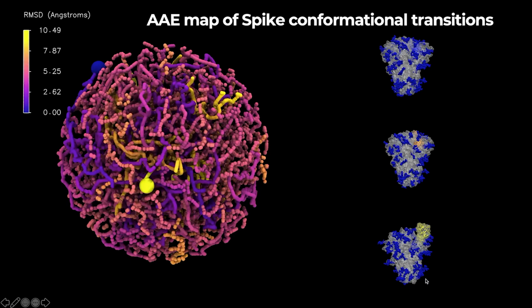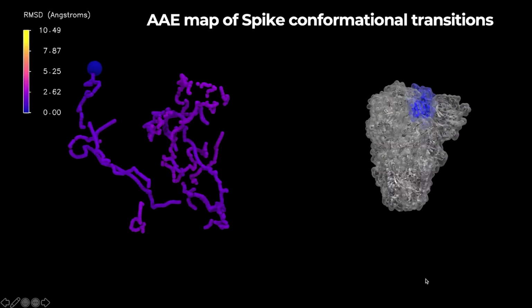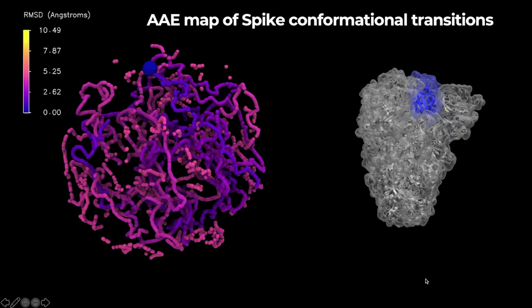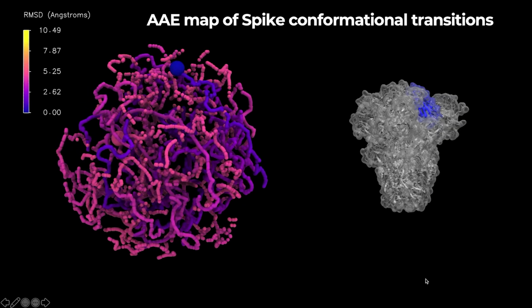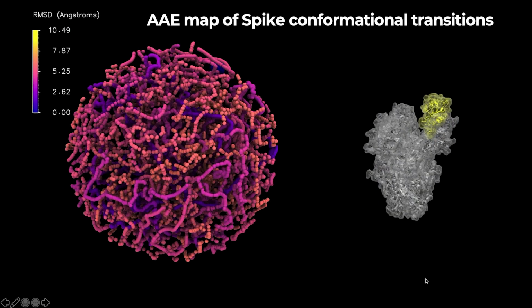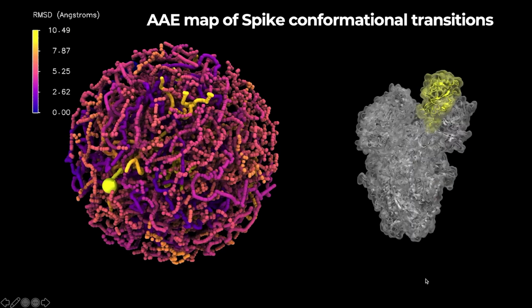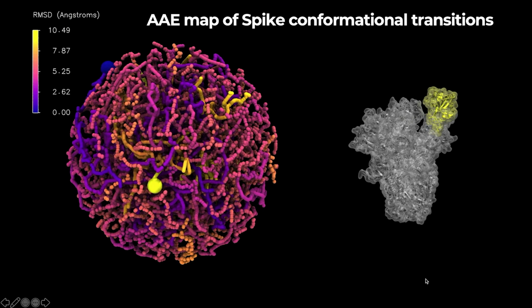In terms of understanding what this autoencoder represents for these spike conformational transitions, the largest conformational change that we observe is about 10.5 angstroms from the native state, which represents the closed state of the protein. When you look at all of these trajectories, we can map them onto this three-dimensional representation of what the adversarial autoencoder has learned, and also map out large-scale conformational transitions onto the same space, where we can look at some of these receptor binding domain motions. We have hidden all the glycans and everything for clarity, but you can see that the learned space actually encodes all of these conformational transitions.